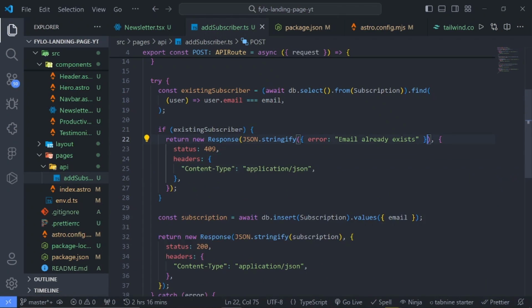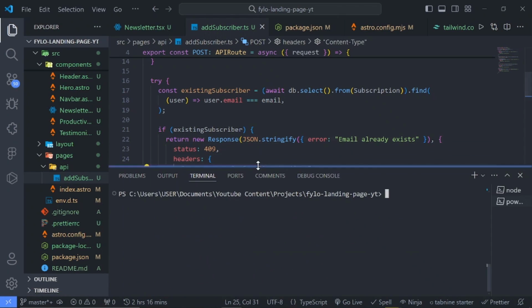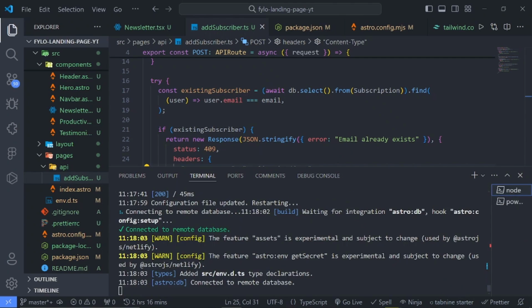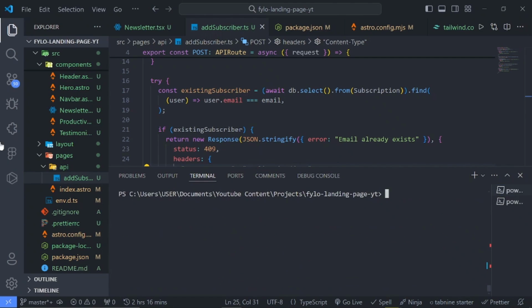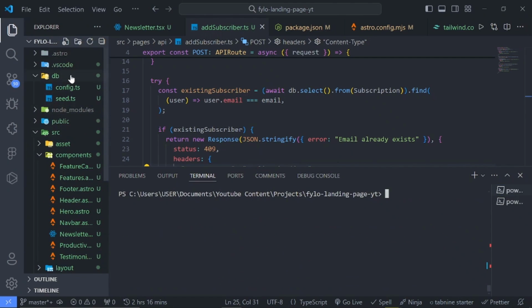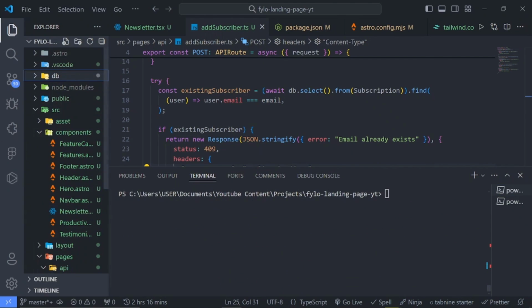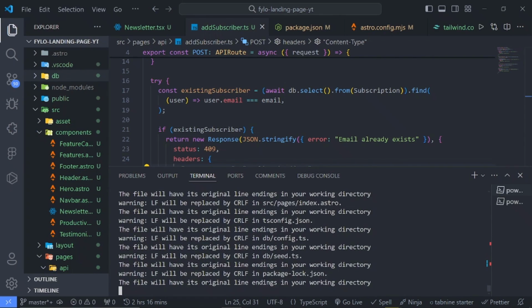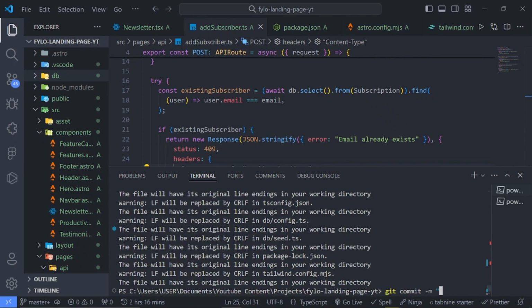So what we have to do right now is, let's just kill this terminal again. I want to quickly add this to our GitHub. So we say git add and git commit. We'll say first commit,